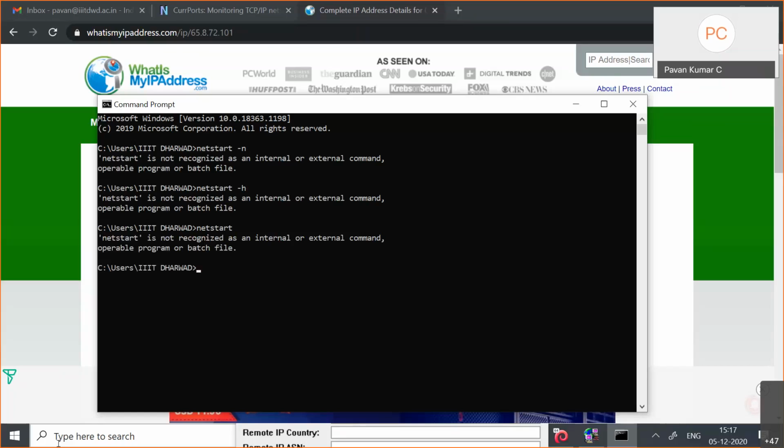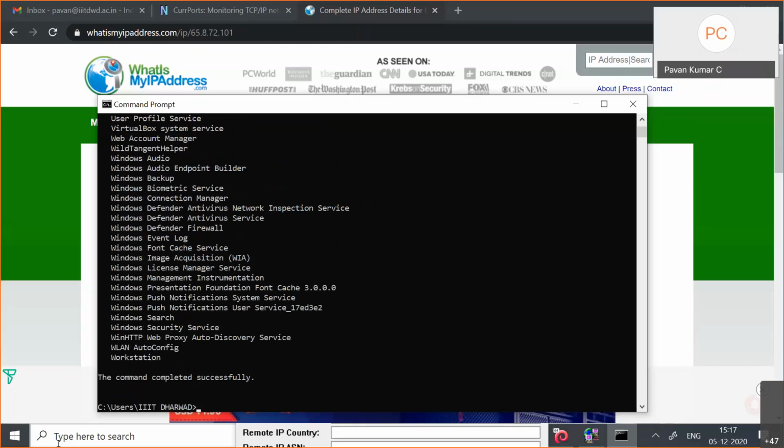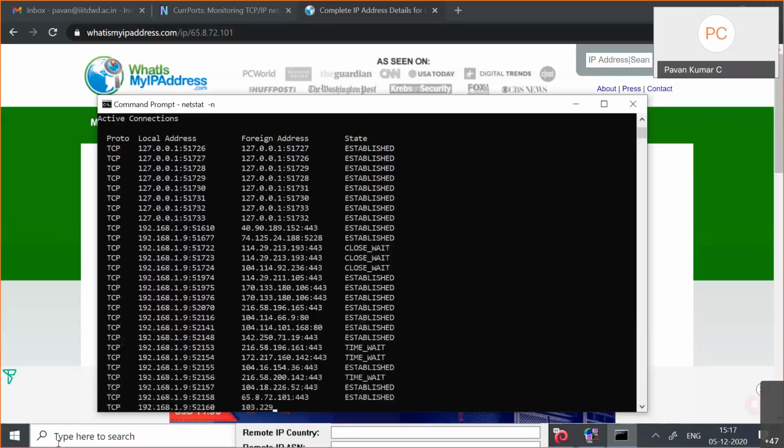Okay, net start is not working. It should have worked. One second, just let me check. Yeah, netstat, sorry. If I give the minus n, it will give me all the connections